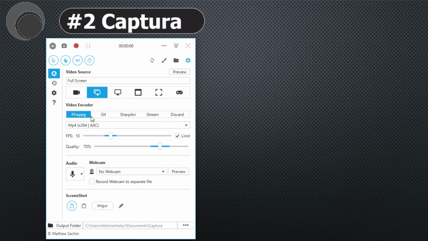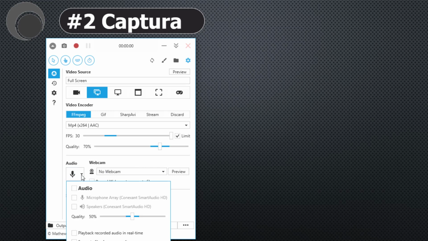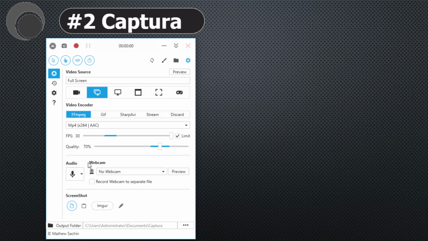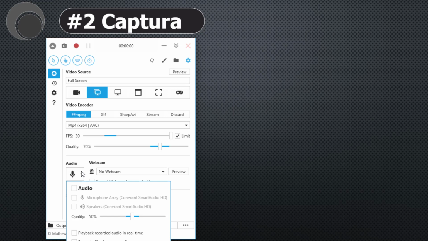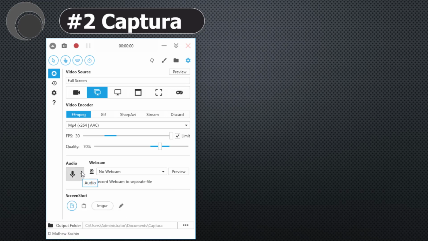What video encoder do we want to use? Many options are available there. We will let the default option be selected. Similarly, what should be the frames per second? 30 FPS, which is the maximum one. We can also select the quality. And now the most important one, how we will record the audio. All the available options will be depicted here and we have to select one, but because I am already using my audio with a different software, the audio option is not available here.